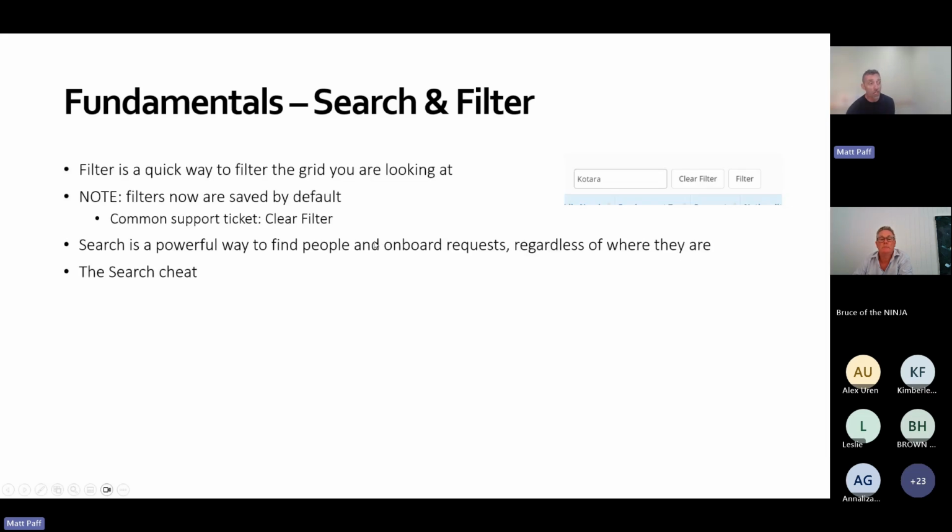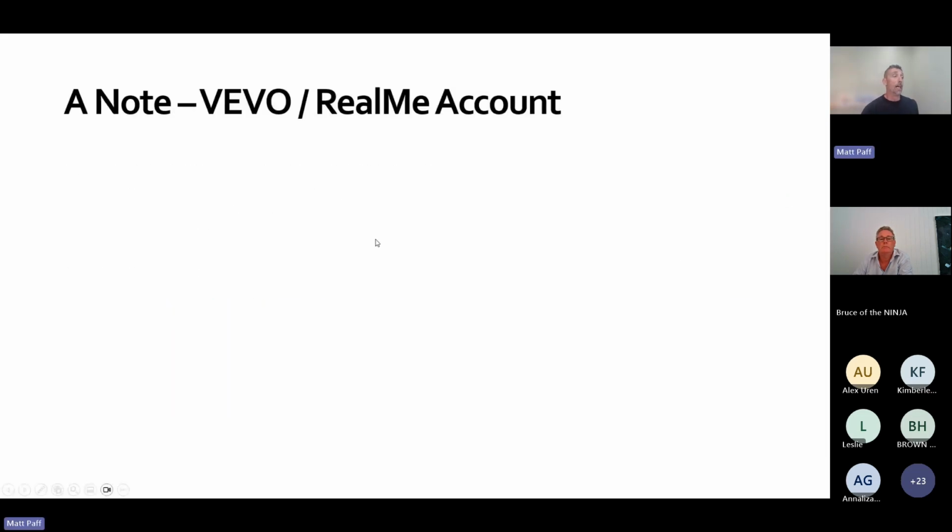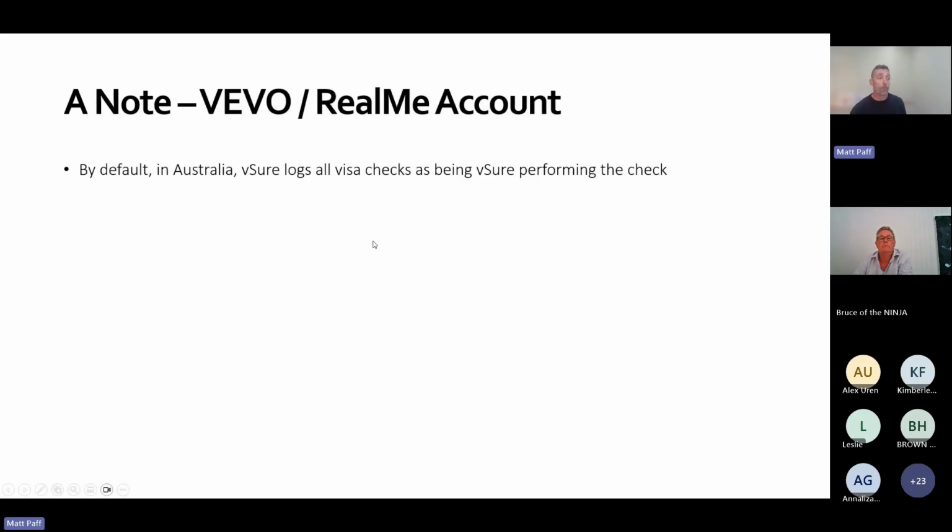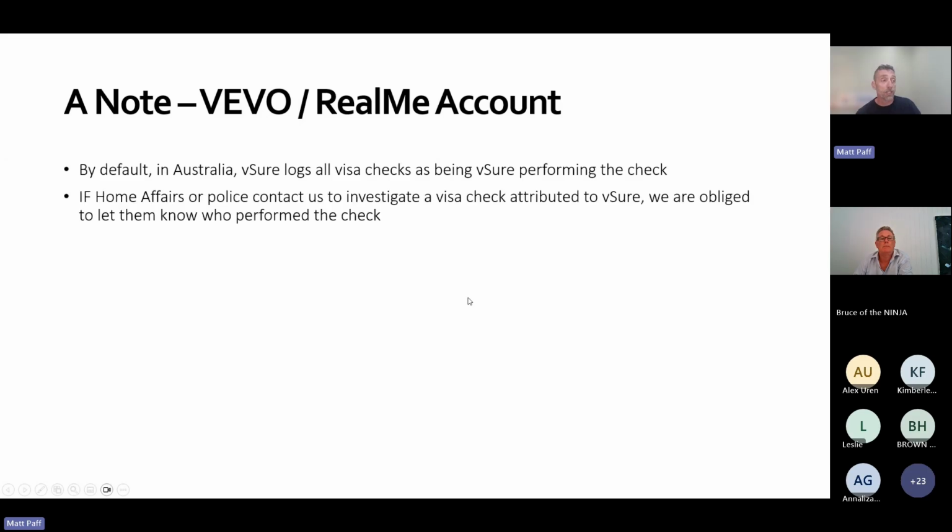So that's search and filter. Just a note, by default, vSure uses our connection to Home Affairs to do your visa checks. From June this year, we took away the ability for sub-accounts to use their own Vivo accounts. This was related to multi-factor authentication.